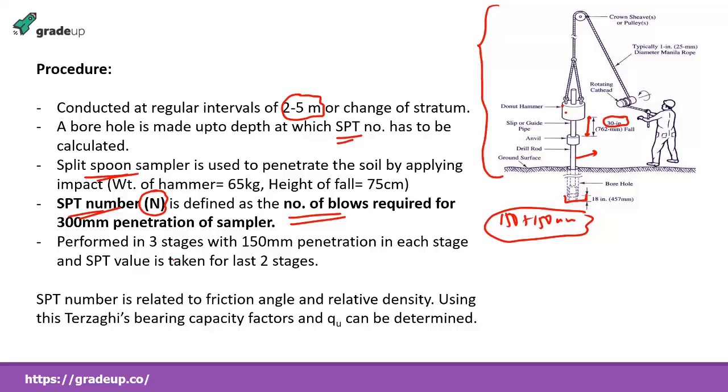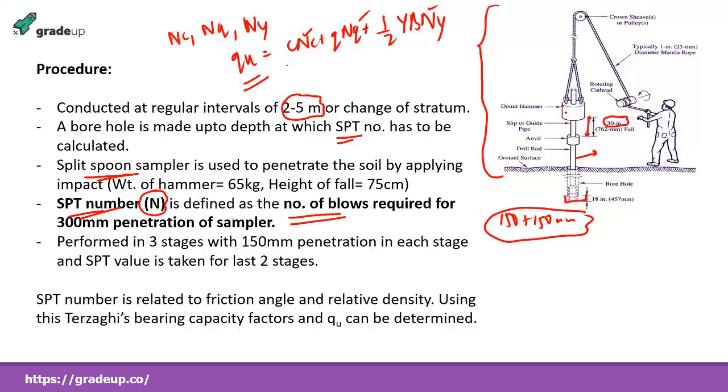And we already know that once we find the internal friction angle, we can calculate the bearing capacity factors of Terzaghi, and from that you can obtain the NC, NQ and N gamma values, which are used to find the ultimate bearing capacity, that is QU, using Terzaghi's equation, that is CNC plus QNQ plus half gamma B N gamma. So as you obtain the value of phi, you get NC, NQ and N gamma values, and naturally you can get the value of QU. So you can get the value of ultimate bearing capacity indirectly by conducting this